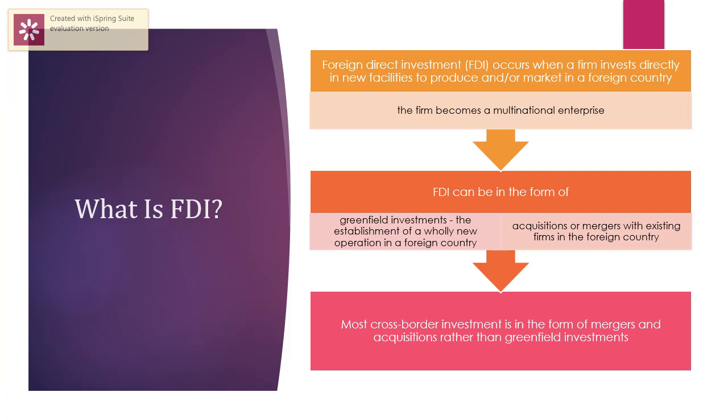Whereas, contrary to greenfield investment, they can opt for acquisition or merger with existing firms in the foreign countries. So this is another area where we can do FDI. As an example, over here, Paktel was acquired by China Telecom, which is now operating by the name of Zong in Pakistan. So this is an example of FDI through acquisition or merger in Pakistan.